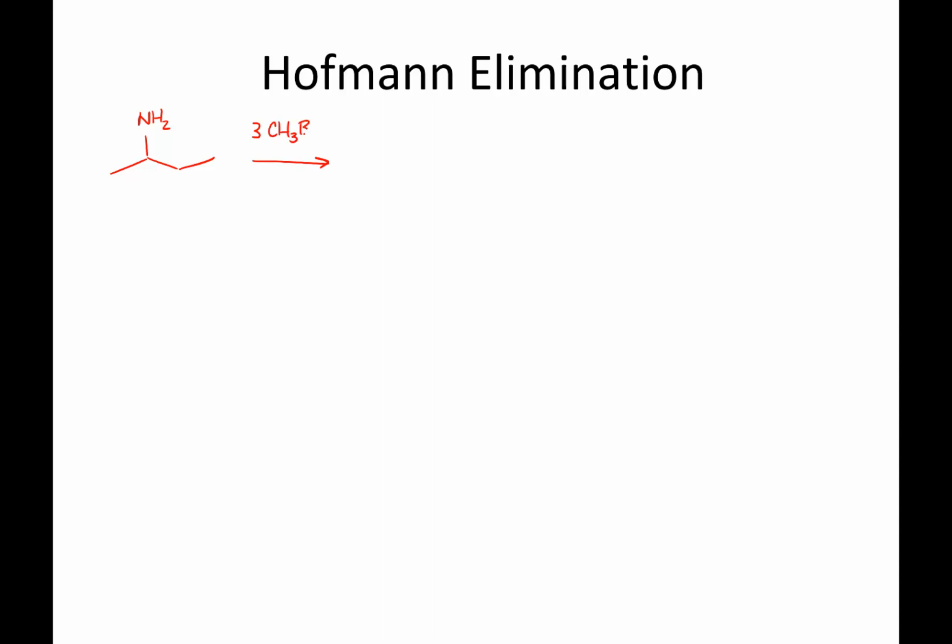Well, let's just say 3 equivalents of methyl bromide, and in the classical way that it's done, we use silver oxide as a source of hydroxide as we need it, and then we also typically use heat for this